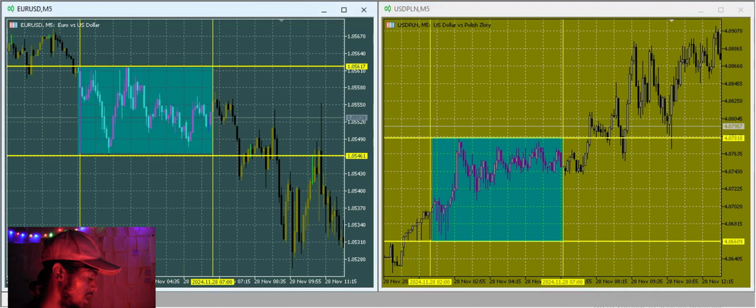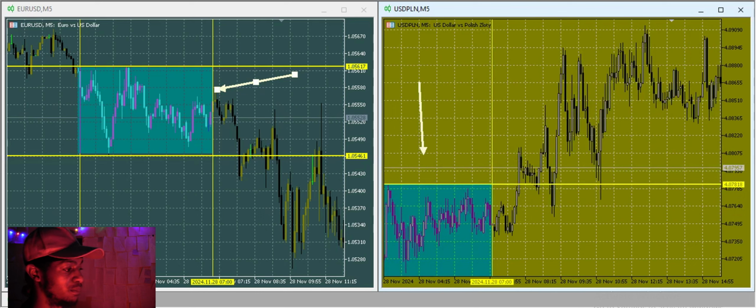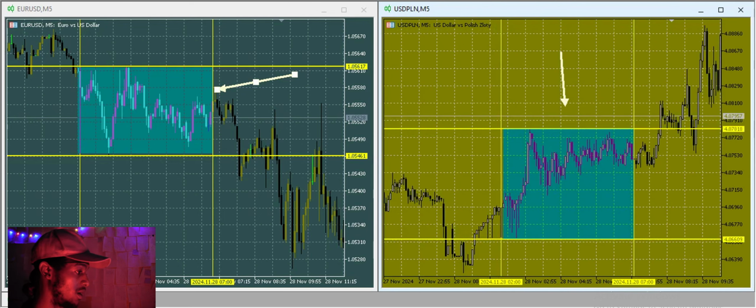Okay, so that right there would be the Asian range for the Euro USD, and this right here would be the Asian range for the negatively correlated pair, USD Polish Zloty. There it is right there. The Polish Zloty, bro. Whatever that is. I know it probably comes from Poland. But anyways,